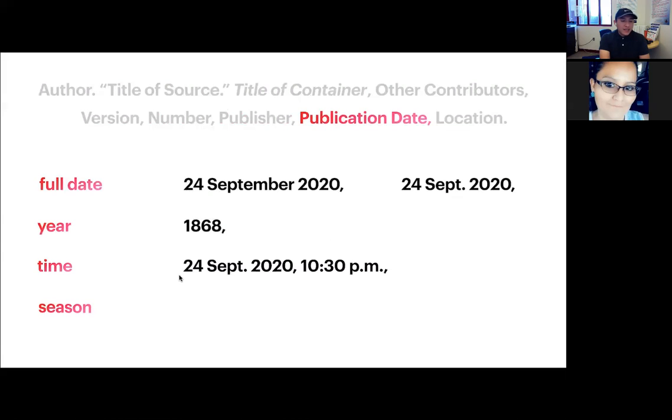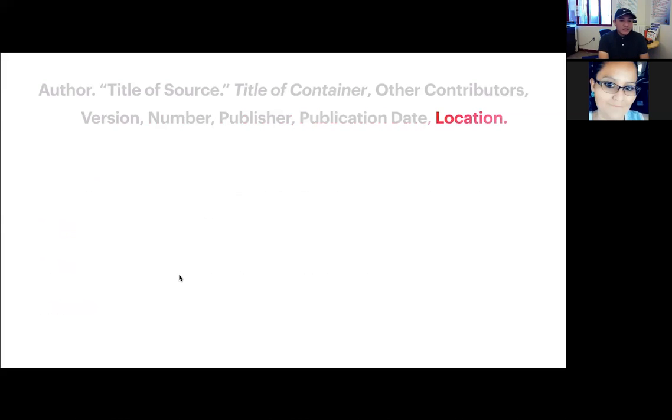And then we have things like the seasons, like fall 2020. So basically anything involved with the date, but it's just getting the format of the date, month, and year, getting that format correct. Then the last one is locations, and we have things like page numbers. So within the source that you're citing, are there page numbers attached to it? And here, the only rule with the page numbers is that if we're citing more than one page, we'd have